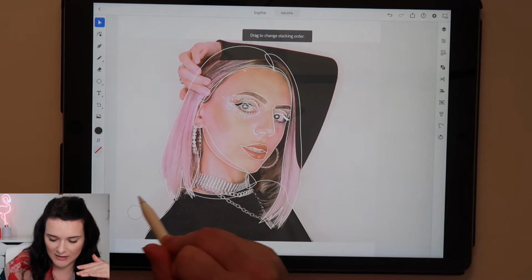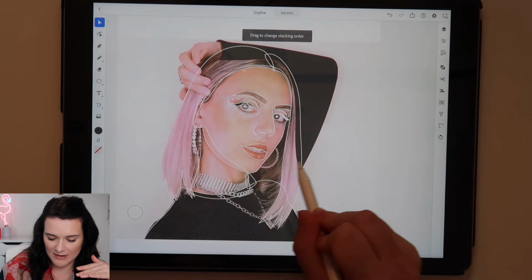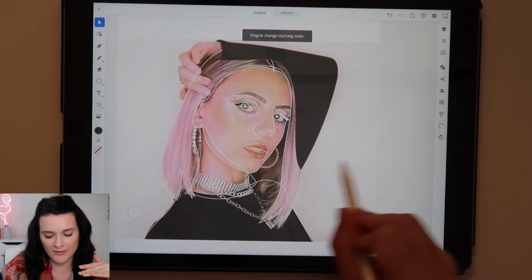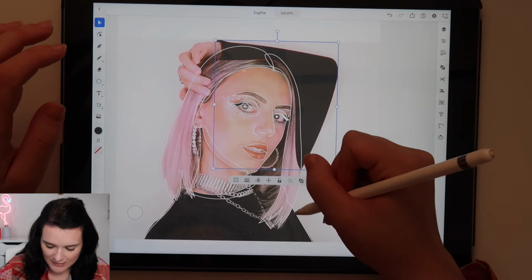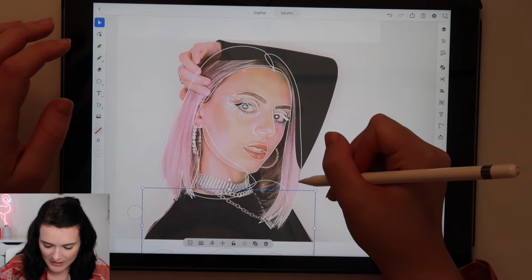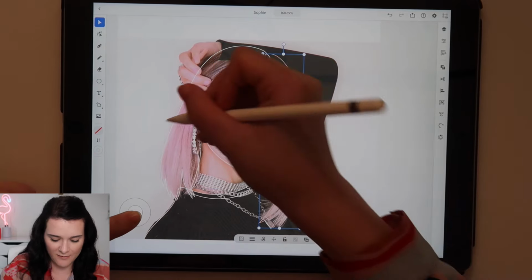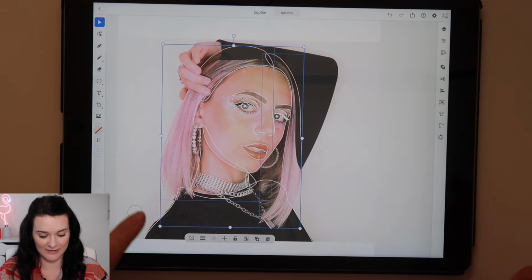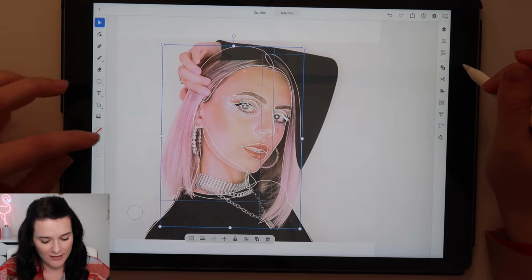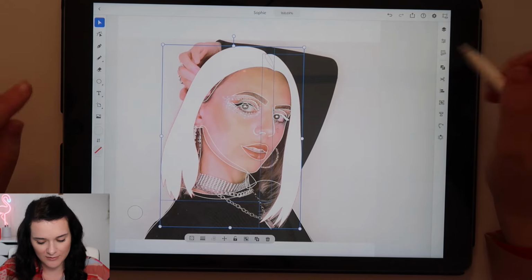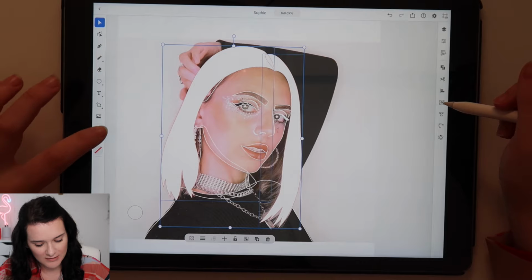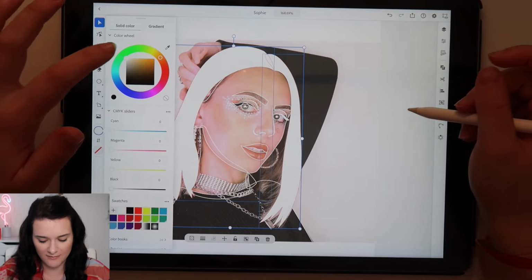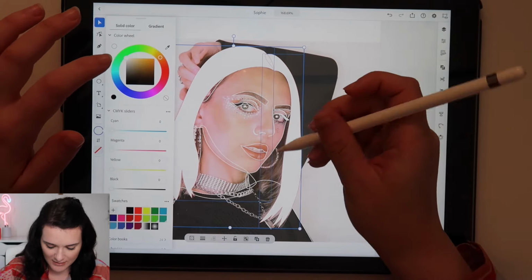So if I drag backwards and forwards, you'll see that it's hiding either behind or in front. So at the moment we want it right at the back. So let's select the hair, the pink hair, and I want to select both bits for now. So I've held shift, selected them. I really like this little option here. And then the flip to fill selection, and then I'm going to change the colour with the eyedropper,